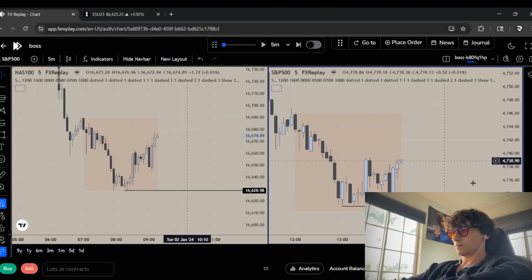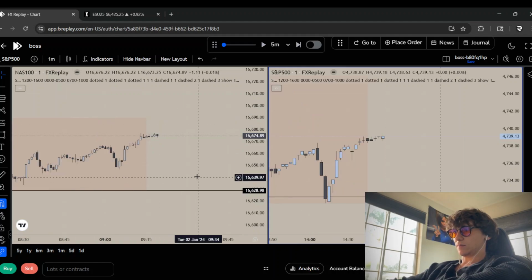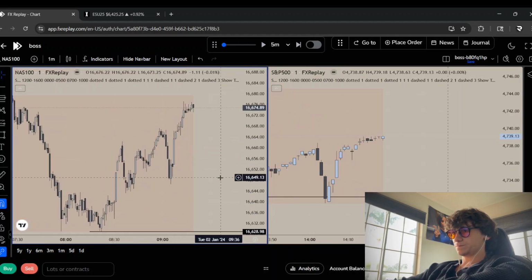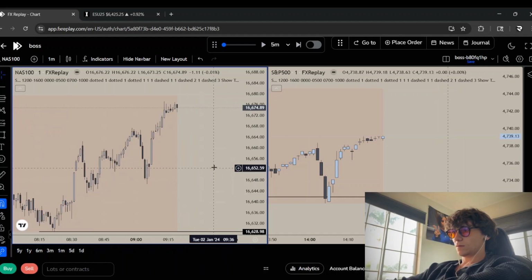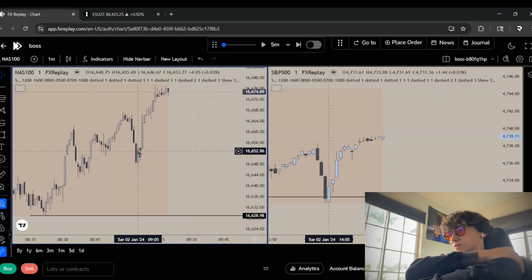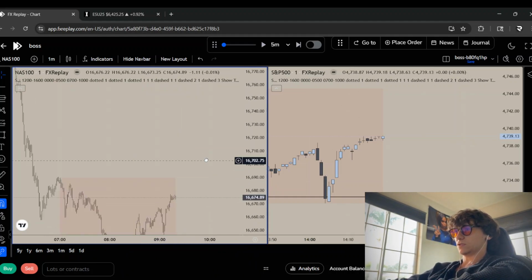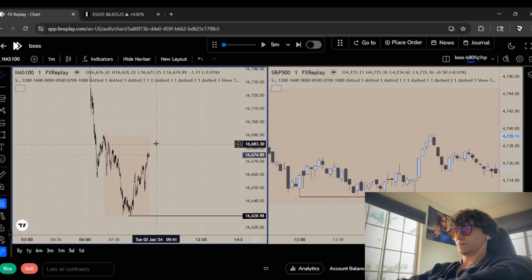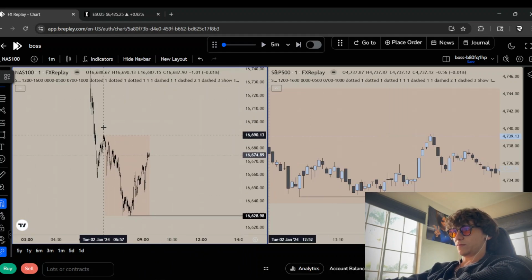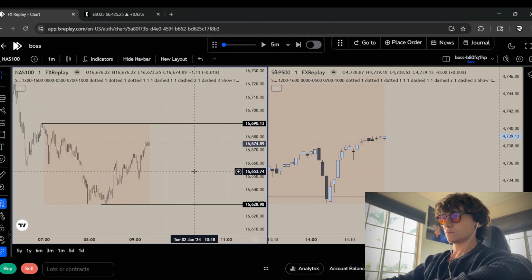Let's zoom in more. Made an SMT there. Came down. All gaps are filled low-key. You could have entered right here, actually. Skip too far ahead. You could have entered at 9 right there. All gaps would have been filled. And then target up there, or top of the morning range right there.